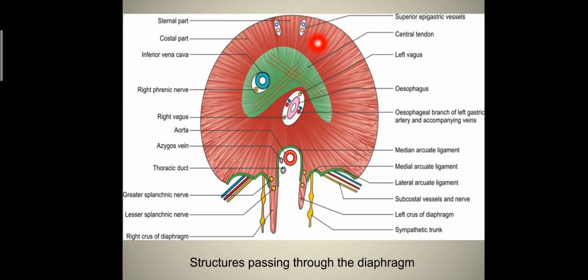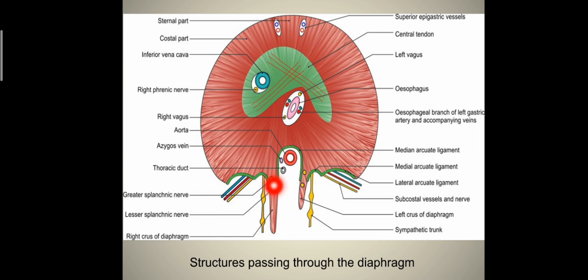diaphragm. Here the first one is the superior epigastric vessels, and behind the medial arcuate ligament the sympathetic trunk passes, and below the lateral arcuate ligament the subcostal vessels and nerve pass. And this one is the right and left crus of the diaphragm, greater splanchnic nerve and lesser splanchnic nerve. This one is the greater and this one is the lesser splanchnic nerve, which also pass through the right crus